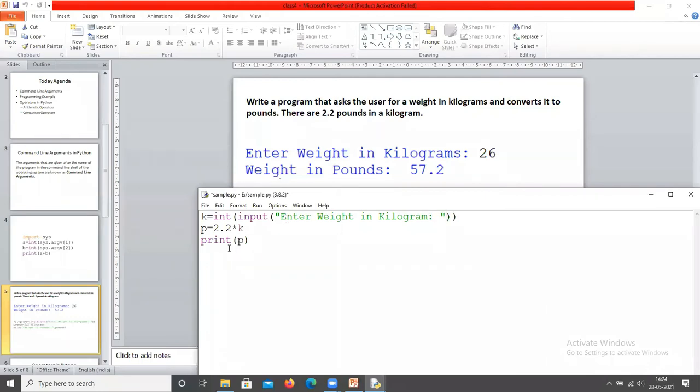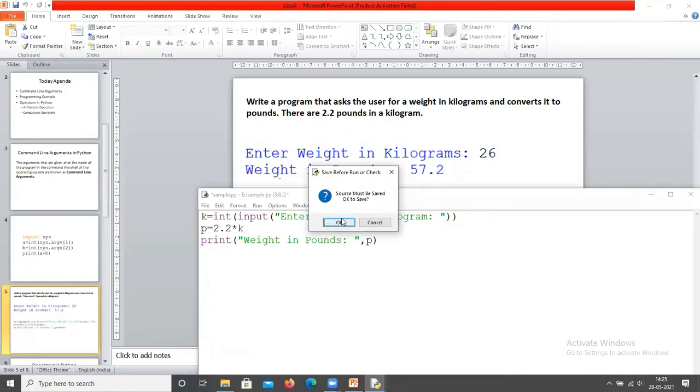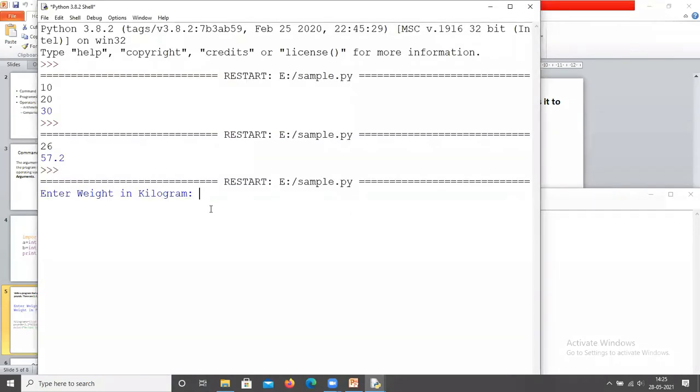And in print, Weight in pounds, comma. That's it. Now we execute this program. Enter weight in kilograms 26, weight in pounds 57.2.